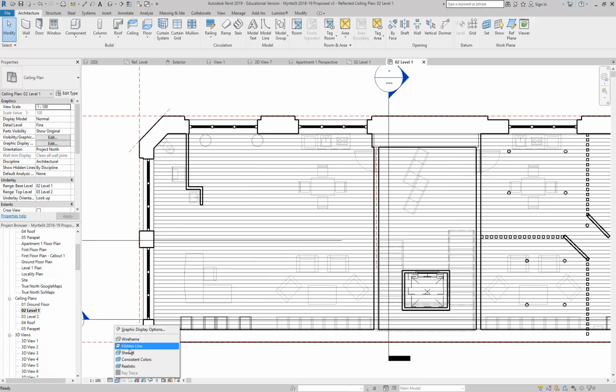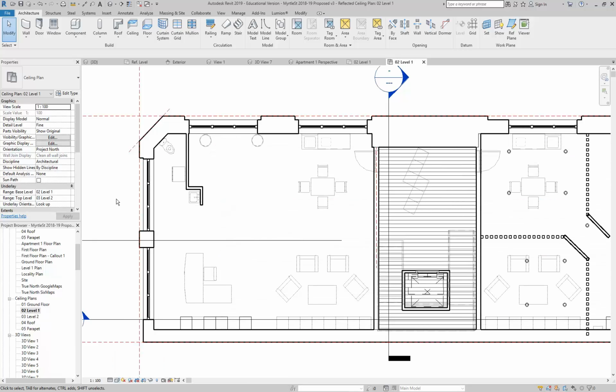see the floor above, but if I change it to hidden line, notice how this part, where the ceiling is solid. Over here, I've got the floor showing from level 1, and there's no ceiling blocking that floor, so we can see the